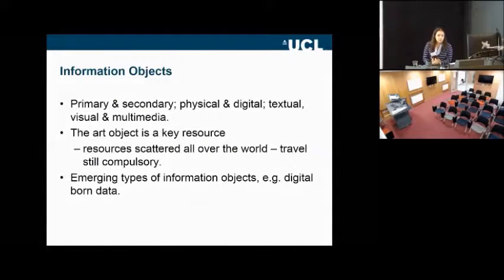So regarding the information objects that scholars were found to use, our results confirmed previous studies, both in art history and more generally in the arts and humanities. They still tend to use a lot of primary and secondary material, different formats and different types of information objects. The art object is still a very important resource. Sometimes, when resources, especially primary resources, are scattered all over the world, scholars still face the need to travel around in order to gather the necessary information. But